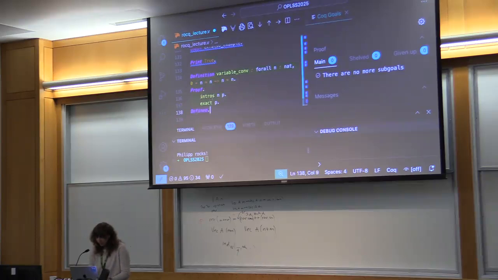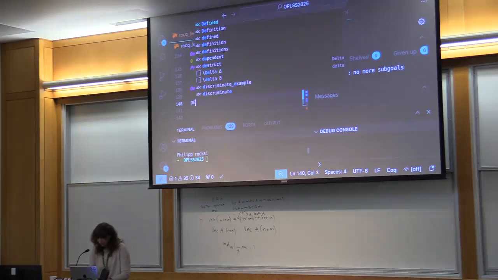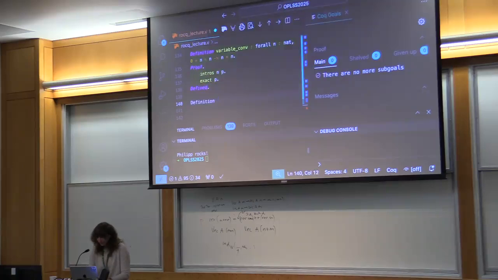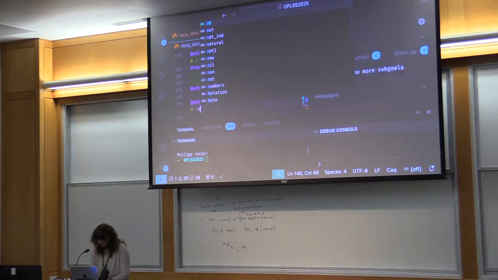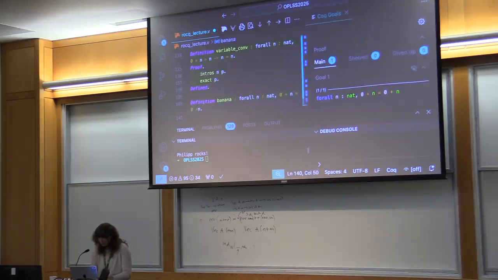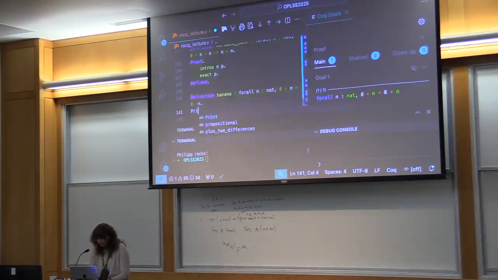Fine. We can also see the element conversion thing. So I can make a definition. Blah. Oh, it's going to be a banana. Okay, I'm running out of smart names. So I have, for all natural numbers n, 0 plus n equals 0 plus n. Okay, we could prove this with just reflexivity, but I want to show you